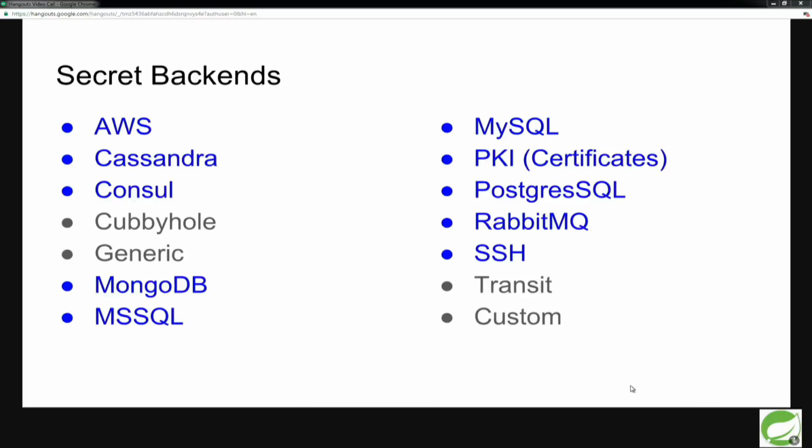And the blue ones are the ones that are dynamic. So those can be automatically integrated. So for example, we went through the MySQL example earlier, but you basically mount it. So mount is a term that they use in Vault. And mount is similar to the Linux mount. You're mounting the secret backend. And once you've done that, it's going to do something with whatever you're writing or reading to it.